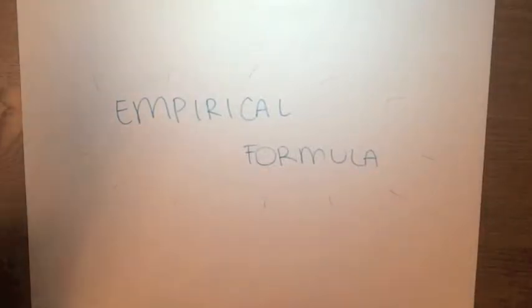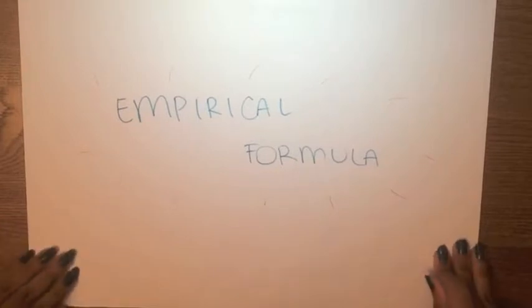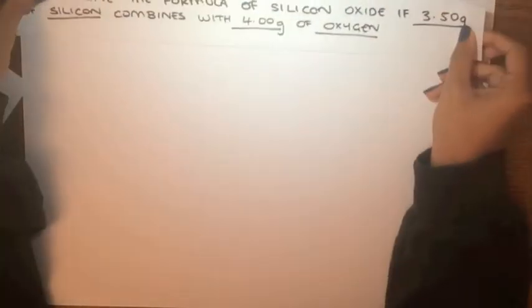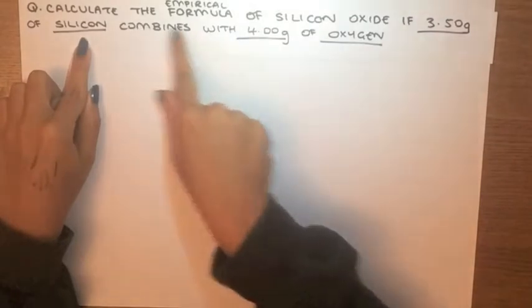Hi everyone, today I'm going to show you how to figure out the empirical formula of a compound in 4 easy steps. So to do this, I've got an exam question that you might typically see. The question is, calculate the empirical formula of silicon oxide if 3.5 grams of silicon combines with 4 grams